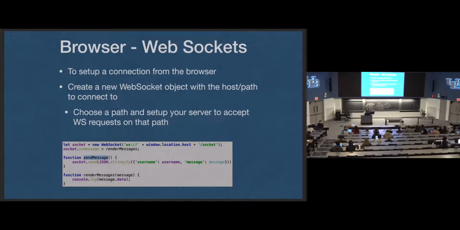And then send message, if you want to send a message using a WebSocket, a reference to the WebSocket you created, that's storing a reference to your TCP, not directly, but it contains a reference to your TCP connection. Send, and just give it a string. And your browser is going to do all the formatting for a WebSocket frame. It'll do masking and all the payload length, all the stuff that we're going to talk about on Wednesday. All you do is give this a string. Your browser does the rest of the work. So this is the usage on the front end. And then the homework, what you'll spend countless hours on, is implementing the back end for this.